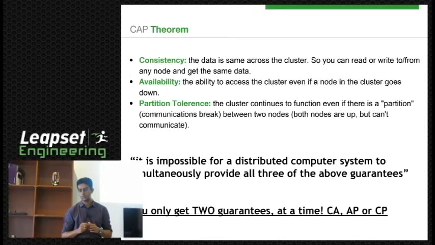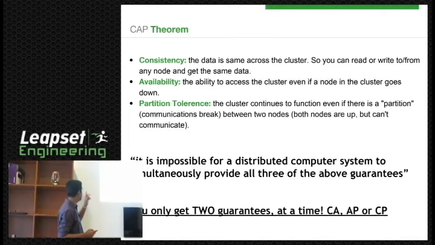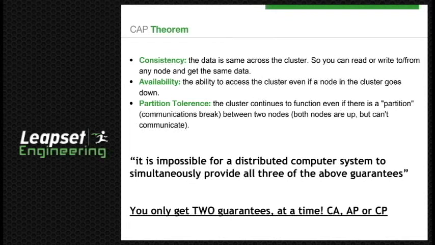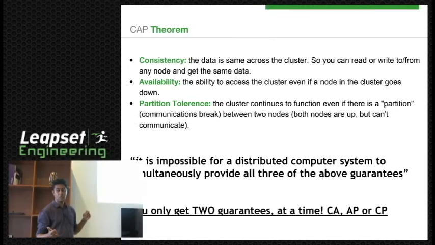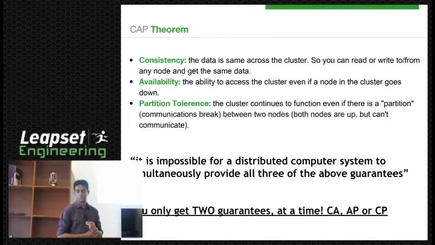What do you mean it doesn't have consistency? You can pick only two. For CouchDB, why won't it have consistency? Because CouchDB supports partition tolerance. You cannot have partition tolerance with consistency, right? So it's just like this, right?